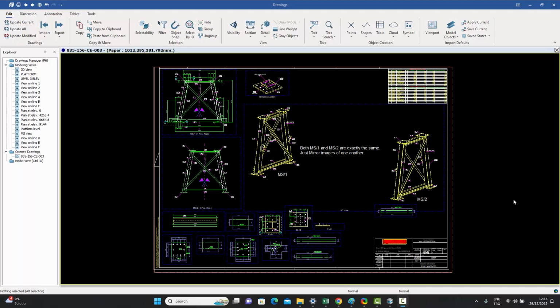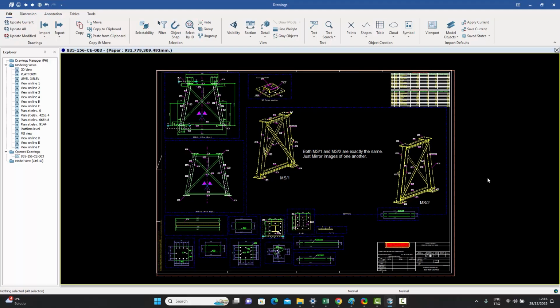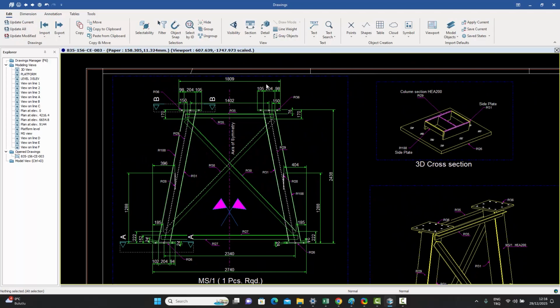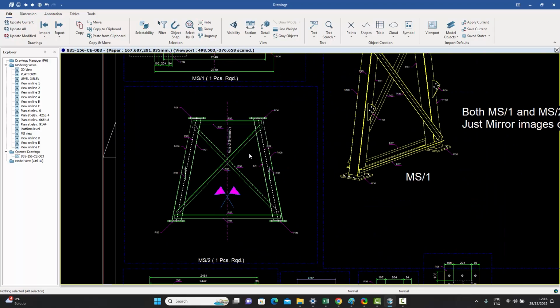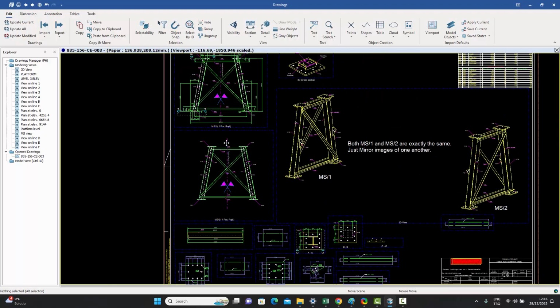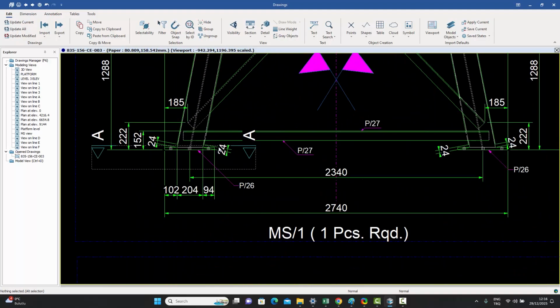Now, when we're dimensioning and cleaning up or annotating drawings manually, we run into situations where different viewports are very similar to each other. So, for example, over here we see this viewport, which has been dimensioned, and certain sections have been taken as well. And there's the corresponding viewport somewhere else which hasn't been dimensioned yet, and the sections have not been taken. And in this case, let me just show you that there's a section taken over here, which is section